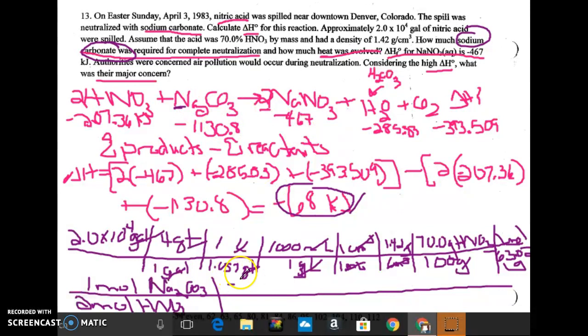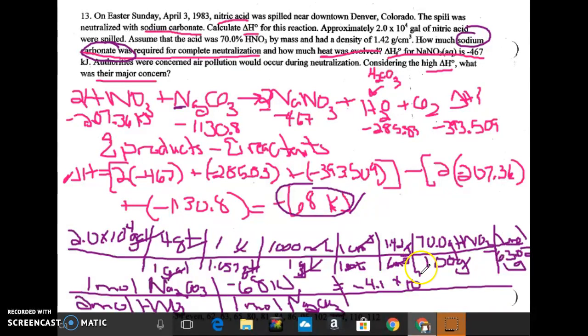And then negative 68 kilojoules for every 1 mole of that sodium carbonate. Which gives me a total of negative 4.1 times 10 to the 7th, so 41